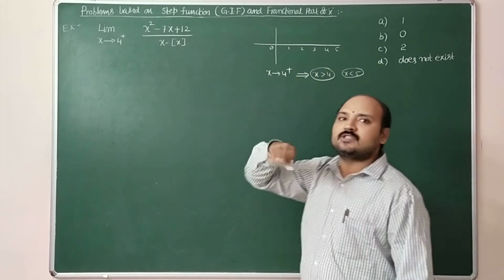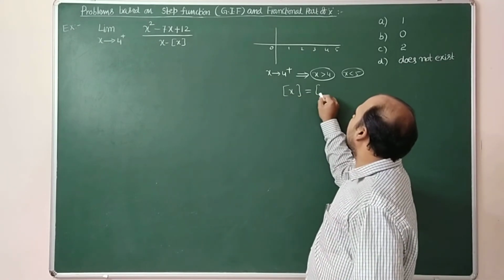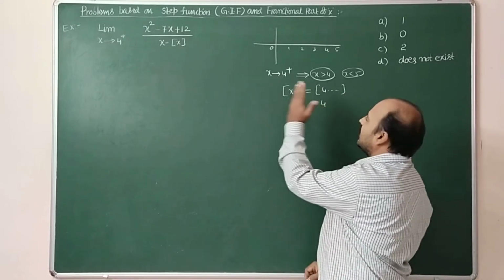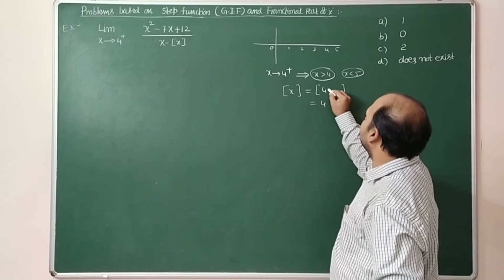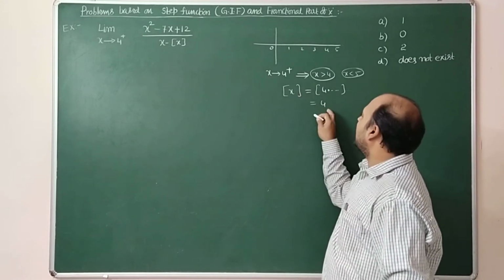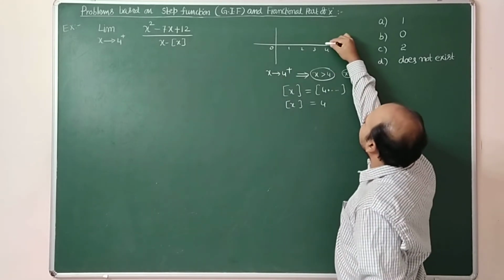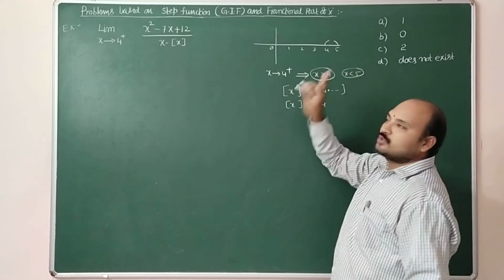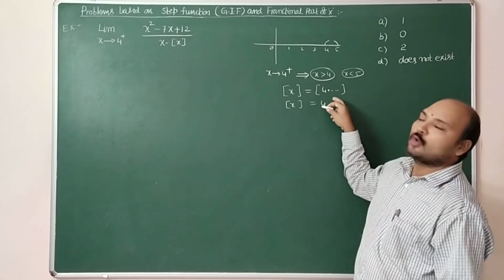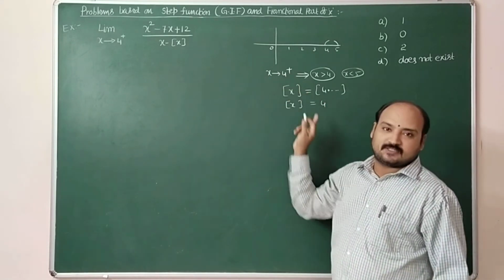So x tends to 4 plus means suppose you take 4 point something, the step of 4 point something will be equal to 4 only, no? We can take only the left side of the decimal, that is the integer. That is the reason it is the integer function. So step x value will become 4. X tends to 4 plus, the value lies between 4 and 5, so it will take only 4 point something or 4.99. Step of 4 point something should be equal to 4. So step x value is equal to 4 when x is tending to 4 plus.